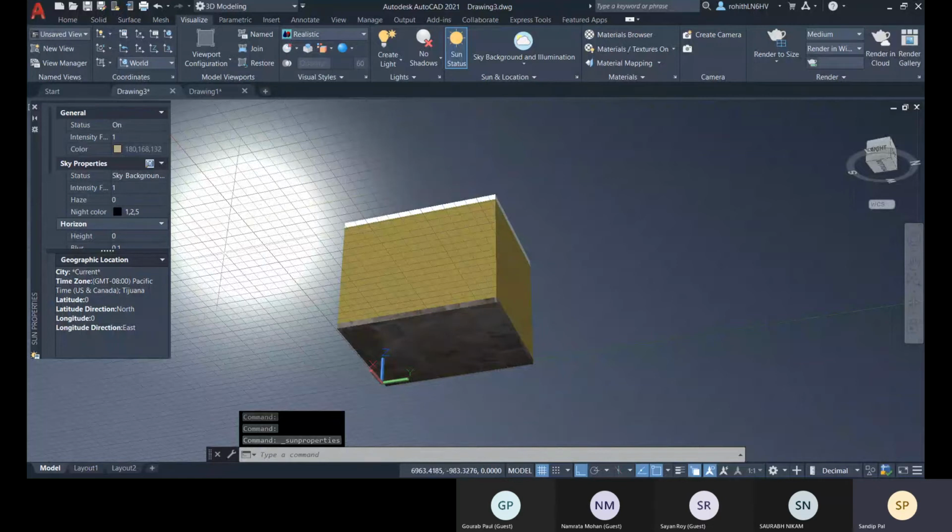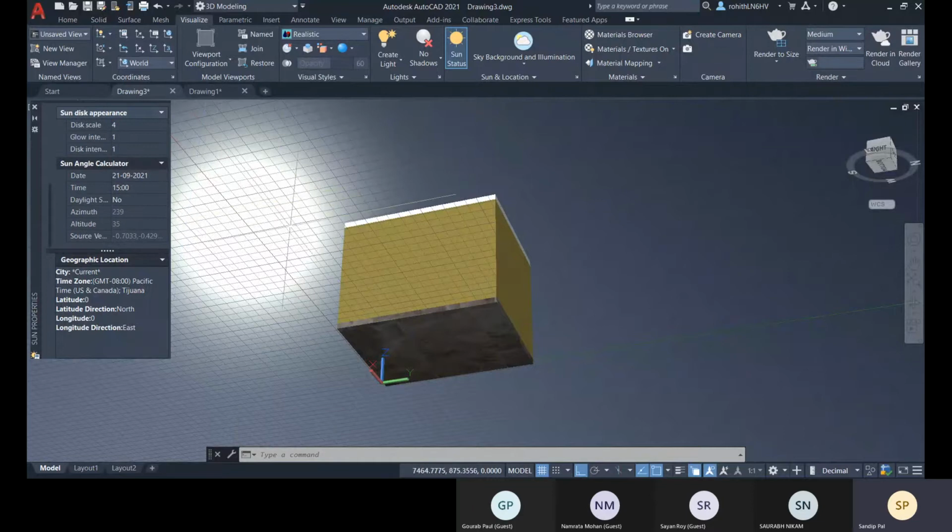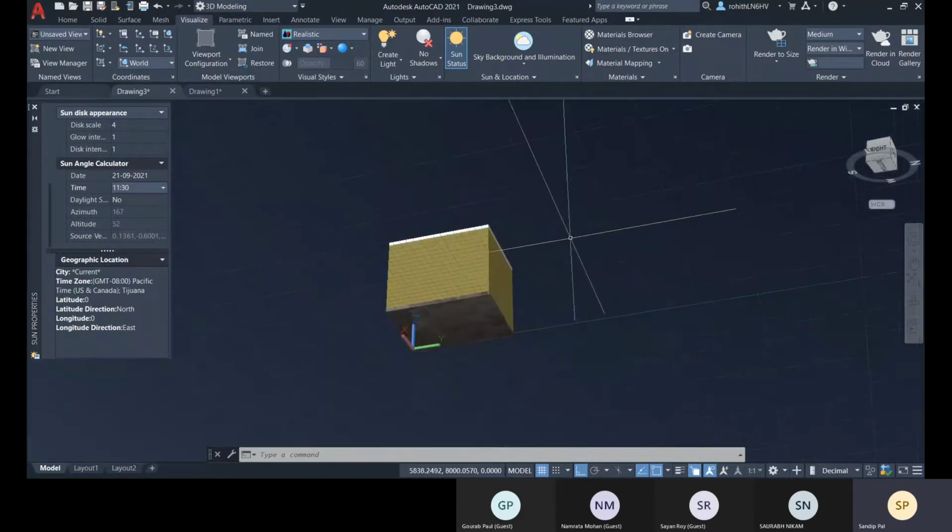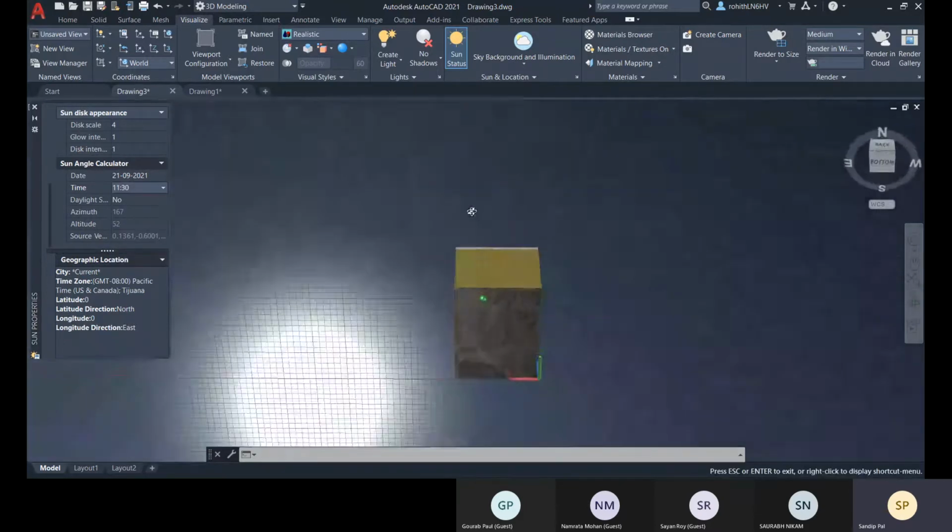You can change the time accordingly, and you will get the sunlight. For that you can change this date, time. All right, so let me change the time like 11:30. Accordingly you will get the sun position.